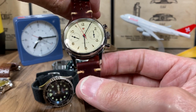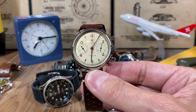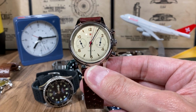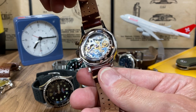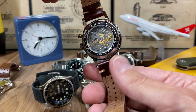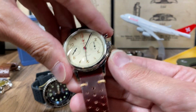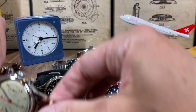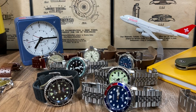You wear that, a lot of people ask about it, and it's not a quartz wanting to look like a vintage watch. I mean, you're getting a real hand-wound chronograph movement for $175. Awesome. That's the 1963. Okay, we're going to go on to